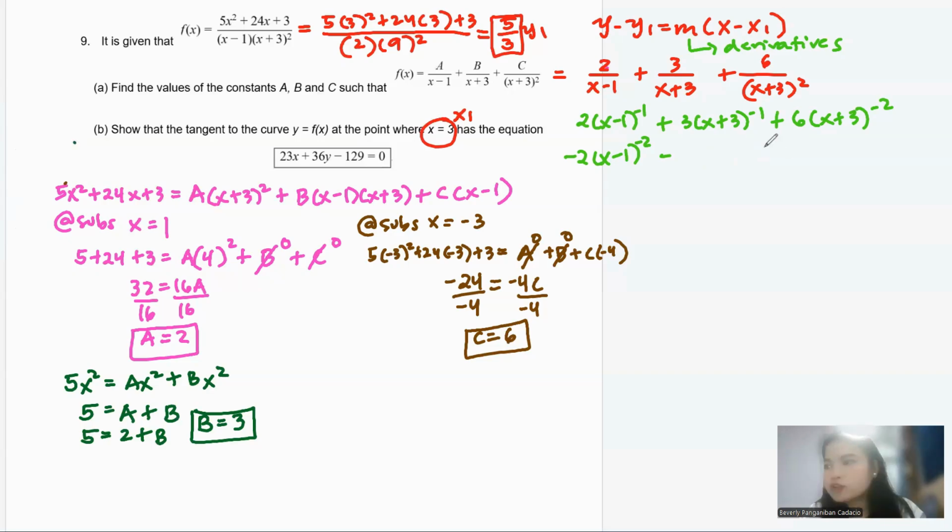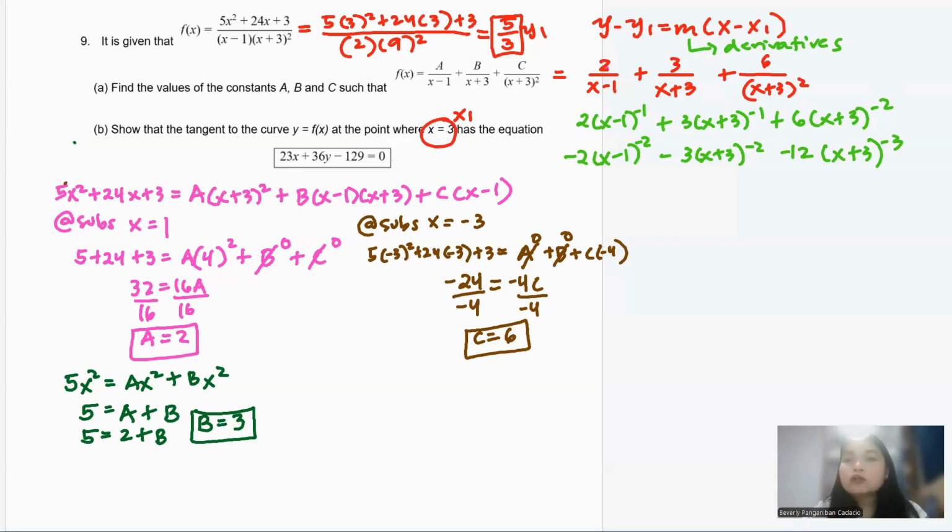Okay, again, so you're going to have a negative 3 there. Multiply x plus 3, then you're going to do minus 1, so it's just going to be minus 2. Okay, let me just double check it's correct. Now, this one, negative 2, multiply that one will be negative 12. Okay, then x plus 3 raised to negative 3. Okay, you don't need to make it beautiful, like put all of that x minus 1, x plus 3 at the bottom to have a positive exponent.